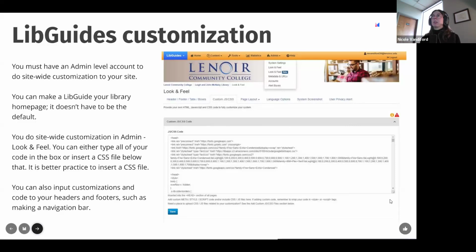You'll see there are two look and feel sections, and that's because they're in beta for Bootstrap 5. That look and feel section currently only applies to the updated version of databases A to Z. Everything for LibGuides and LibCal is still on Bootstrap 3. So you will see two look and feels, where the beta one is going to be the databases A to Z. What you can do is input your code where it says custom JS/CSS, so that's JavaScript or CSS,